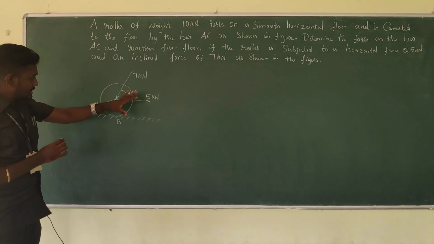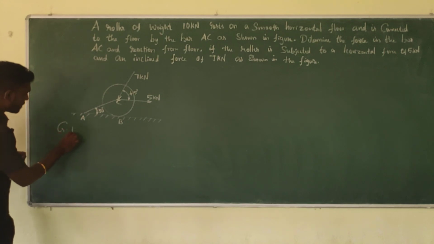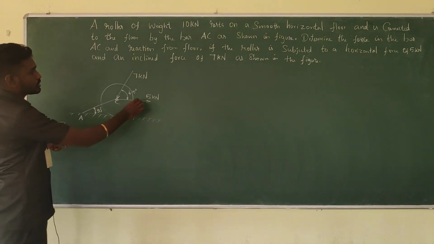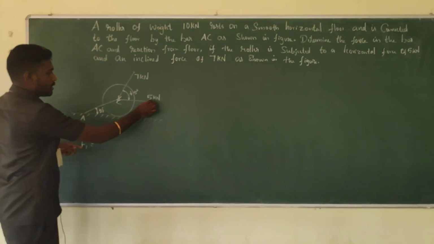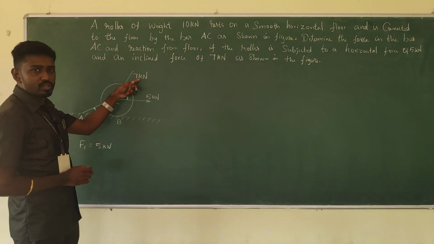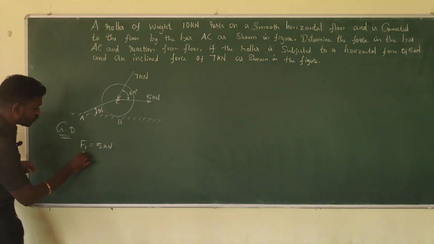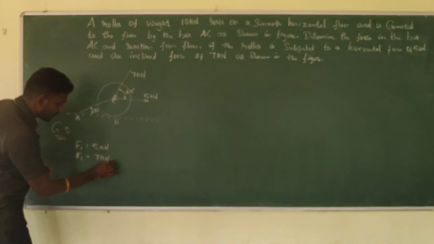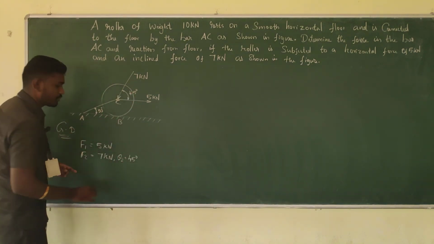So this is the given question. This is the pictorial view of the question. So first take the given data. Here the force F1 is given, which is horizontal, 5 kilonewton, and one more applied force is there which is inclined. I am going to take it as F2, which is 7 kilonewton. It's an inclined force, so I am going to take theta 2, which is given here as 45. So denote it as 45 degree.